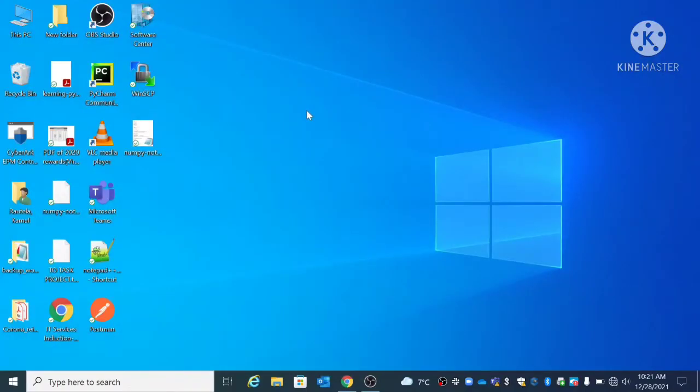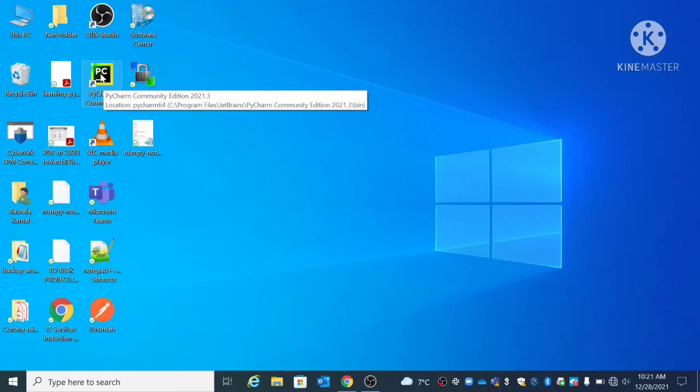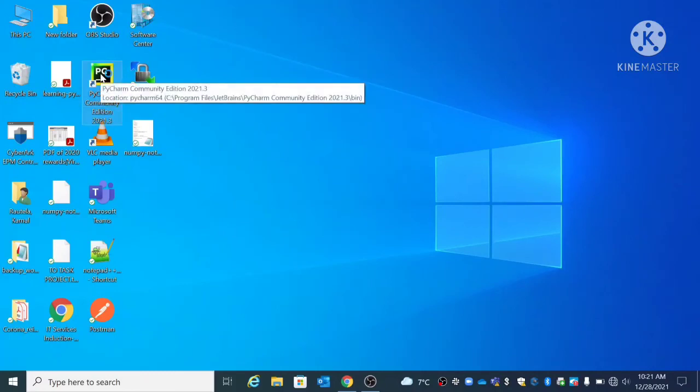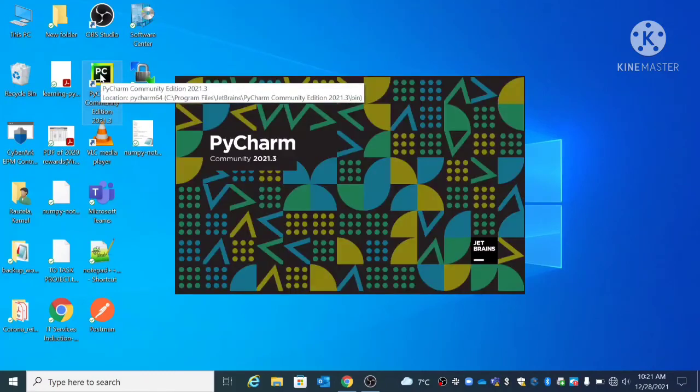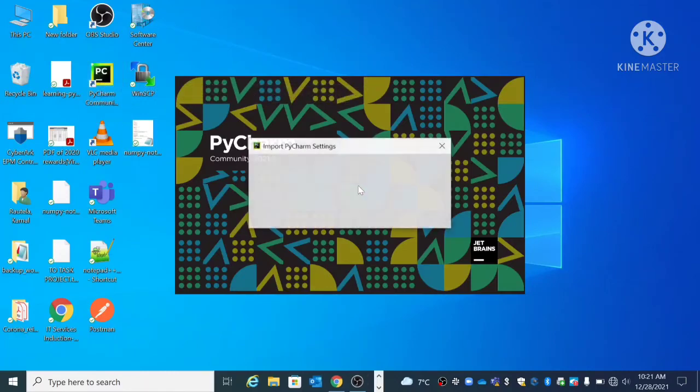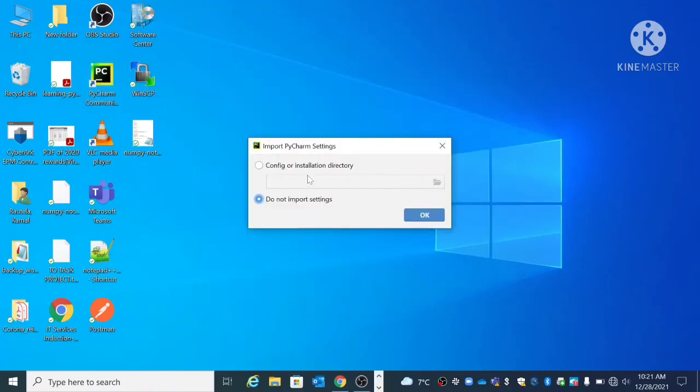Once we finish, we can see one PyCharm icon on our desktop. Let's click on this. It will open up our PyCharm setup. It is asking about importing settings if it was previously installed. So I will go with the option Do not import settings.